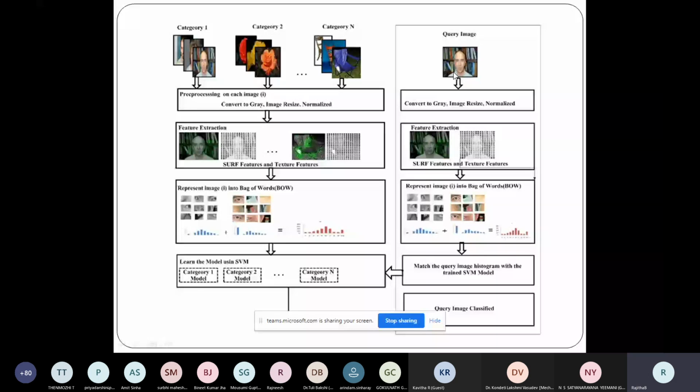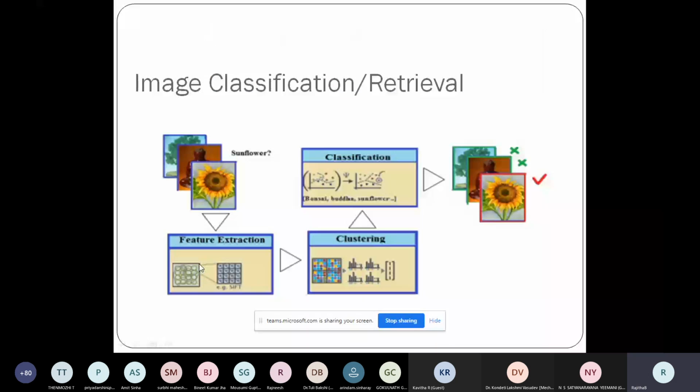Now, if you have to do that classification, the first step is to find the features. Okay. Once your features are found, how do we represent them? You have to use your bag of words. Once I have constructed the bag of words, the feature representation of this image, I need to apply an ML technique, any ML technique.